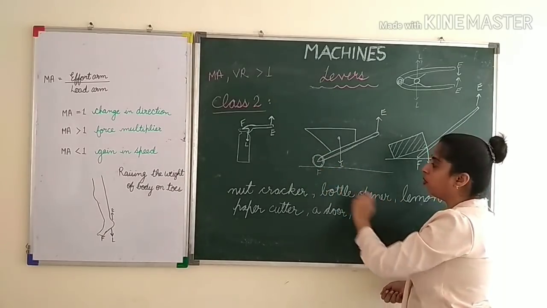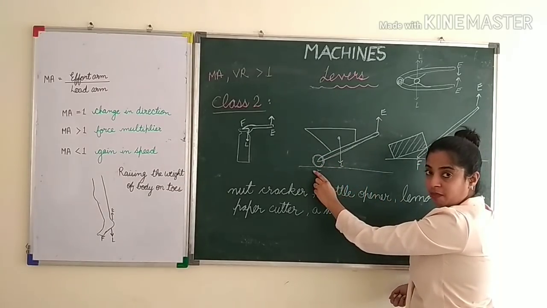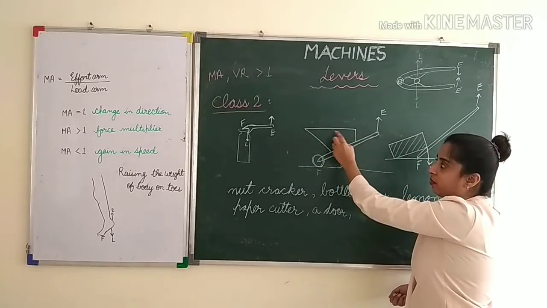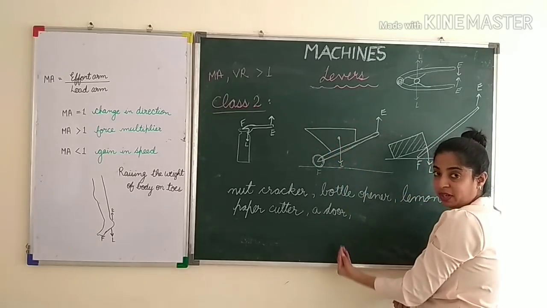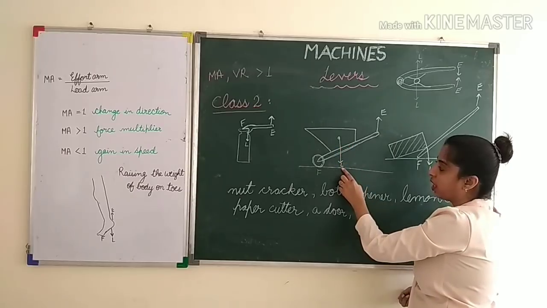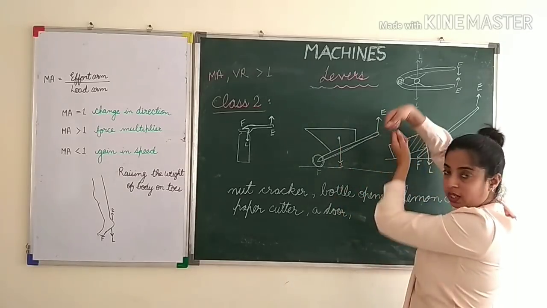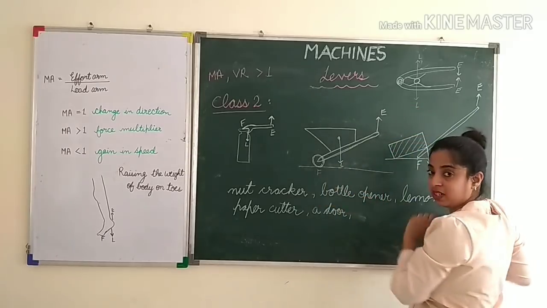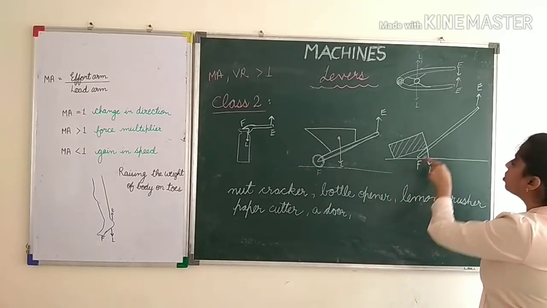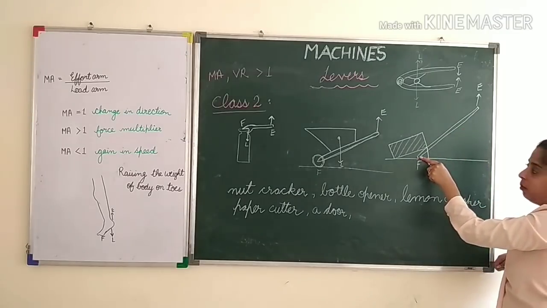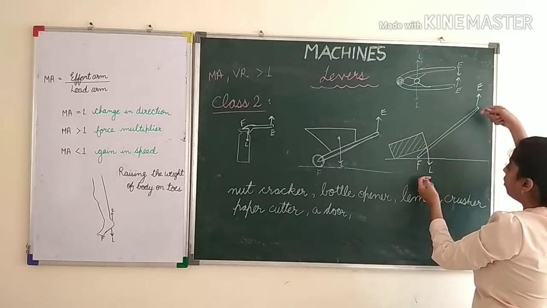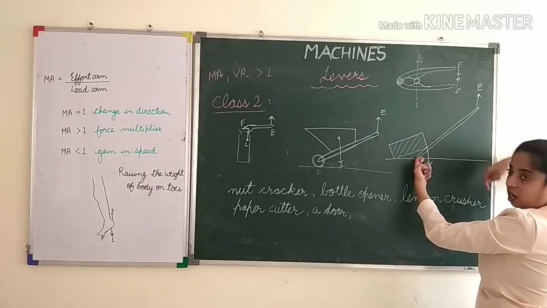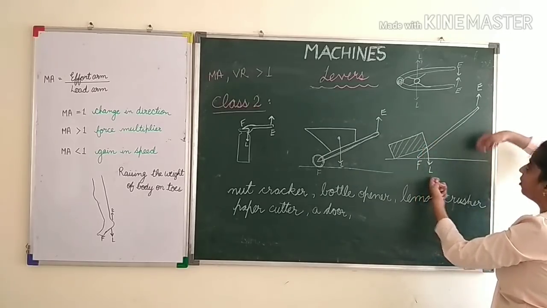In a wheelbarrow, the wheel is touching the ground, so fulcrum is at the end. Load of the wheelbarrow, this load acts in between, at the center of gravity. So it acts downward and you pull it up, so effort is up. So load and effort are in opposite direction and fulcrum is at the end. Here also in the long bar used to lift the load, you touch the bar here at the ground, so fulcrum is here, load acts in between and effort is up.